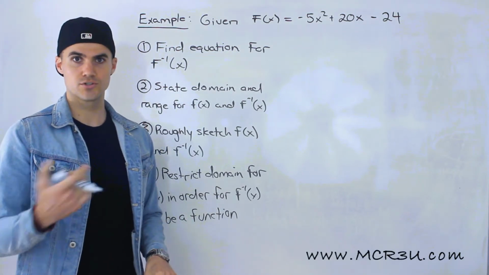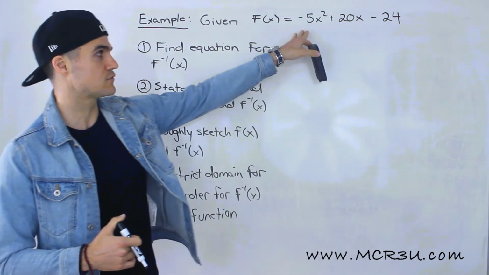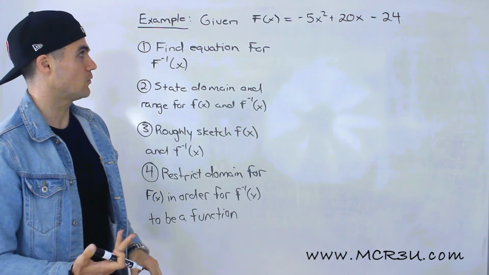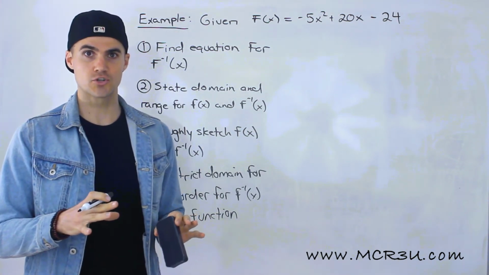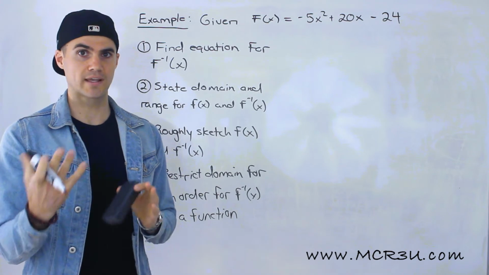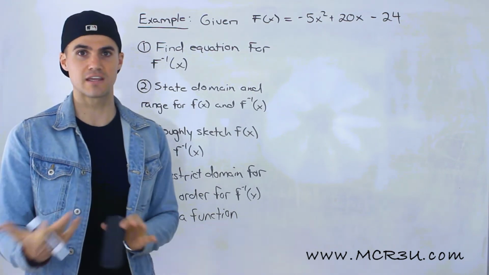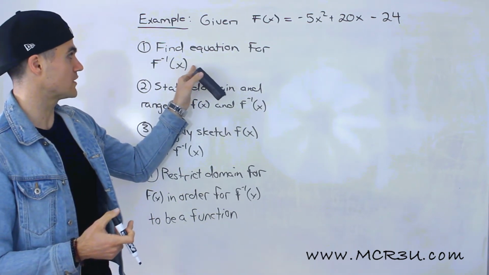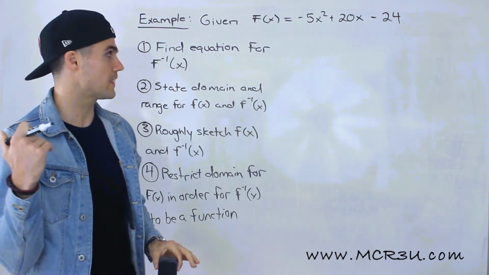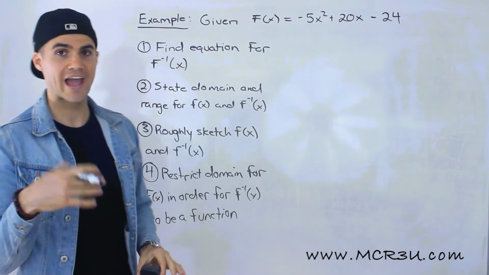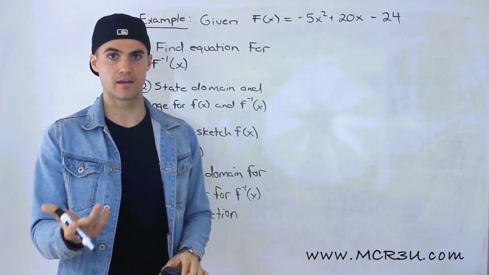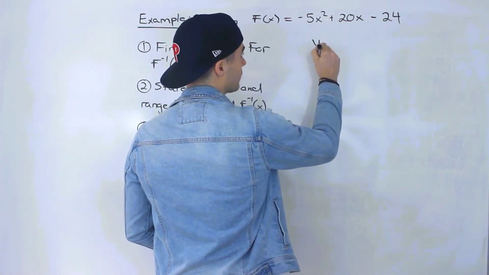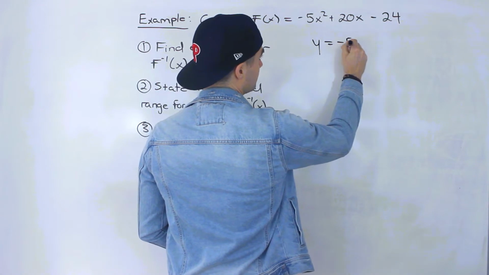So very similar to the example before, especially because if you notice we're dealing with a quadratic again. Like I mentioned, what I like to first do whenever I'm given a quadratic is make sure it's in vertex form so I can get that vertex, and it just makes everything easier, at least for me. And in fact, to answer number one, to find the equation for the inverse, which we didn't do in the previous video, you actually have to have a quadratic in vertex form. Because notice, if we don't put it in vertex form, let's keep it in standard form,